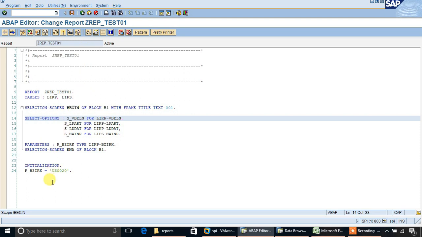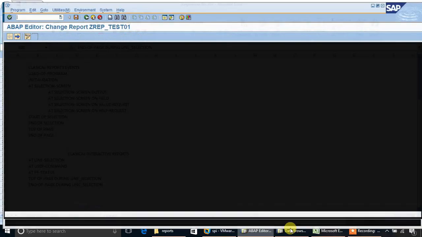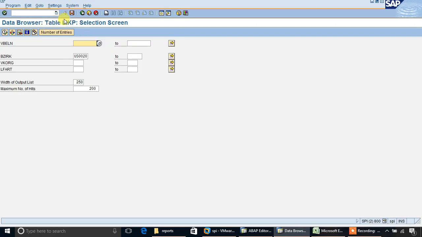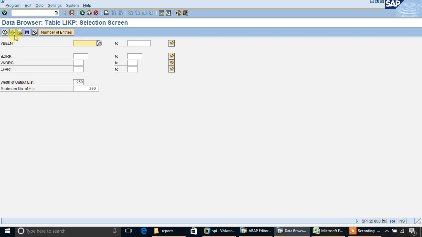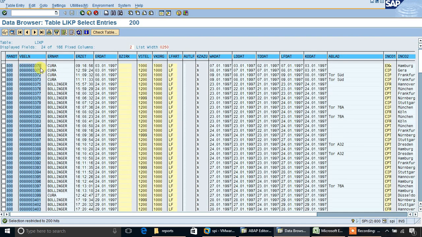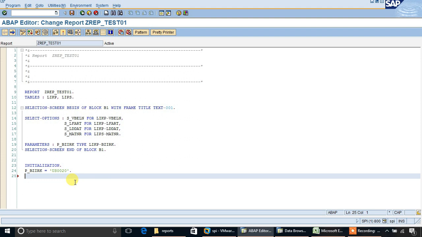Now go to table LIKP and check the range of VBELN, as we are initializing the VBELN select option. Write S underscore VBELN.